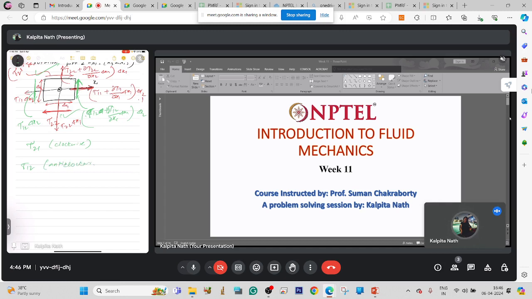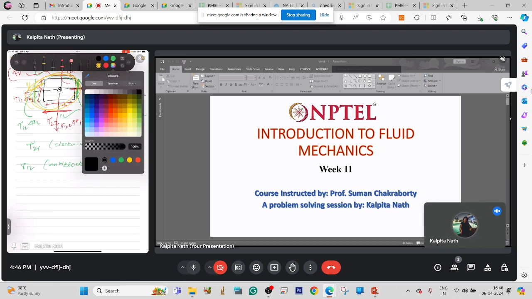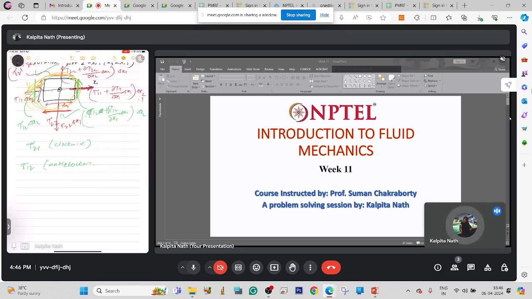You tell me this one, right? Anti-clockwise movement. Let me use some other color. This is anti-clockwise movement in this direction, and for the top and bottom, in which direction is it? This is in this direction, so this is in the clockwise direction, right? The rotation, we are considering that only. So tau 1 2 delta x2 is the force, and delta x1 is the arm of the moment. So if you consider that, that will be tau 1 2 delta x1 delta x2 minus tau 2 1 delta x1 delta x2,